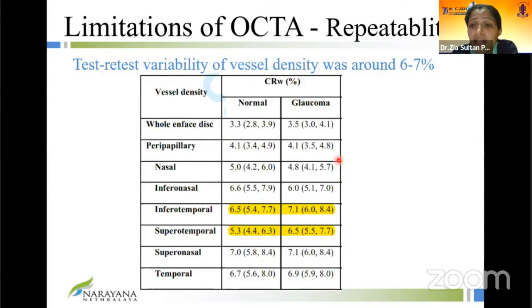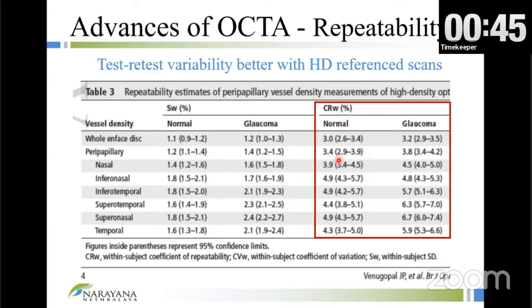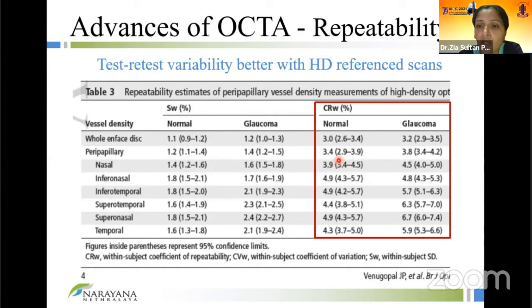For example, in OCT, it's 5 microns, which is very good repeatability, and that's why we've been using it for so long. They have improved the technology with these reference scans, and it has reduced now to between 3 to 5%. So we're in the right direction. I think there's still room for improvement in the test-retest variability, but there's definitely improvement from what it was.